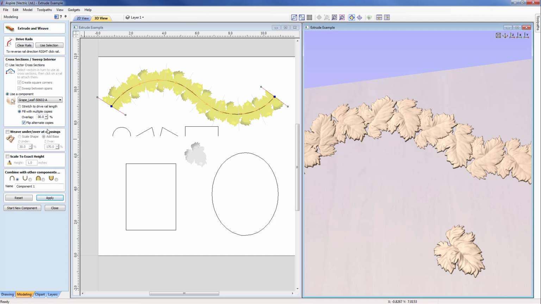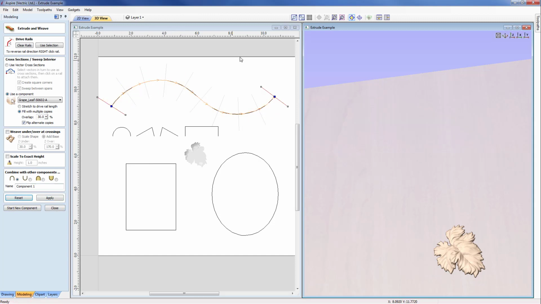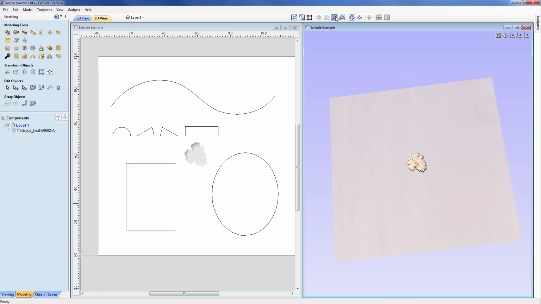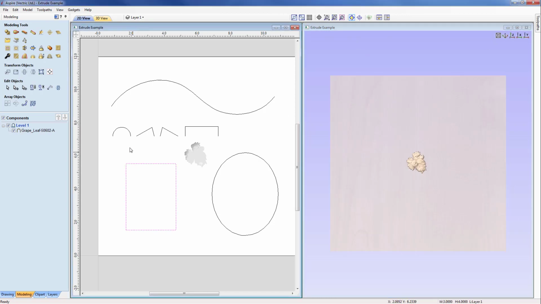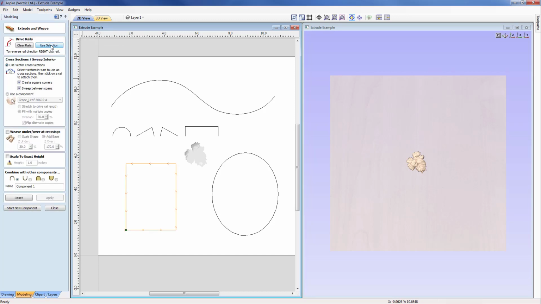Okay, so now what we're going to do is take a look at really taking a component and putting it around a closed profile. So with this, I'll just reset the model and we'll close the form and bring this back into the correct view, ready to start taking a look at the next option. So let's select our closed profile and come back up to the extrude command